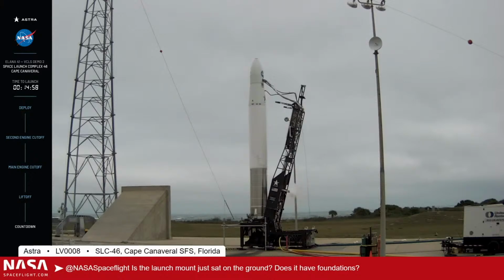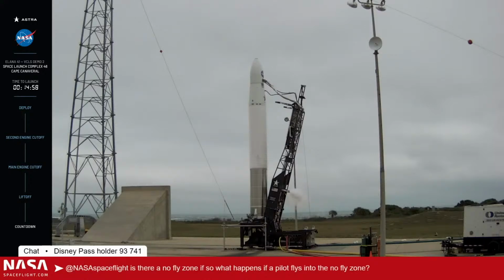Gotcha. Thank you very much. Another question here. Is there a no-fly zone regarding today's launch? I believe that is standard practice here at both Cape Canaveral and other launch ranges. No-fly zones, also marine hazard zones that are maintained, and that's part of that partnership with Space Launch Delta 45,